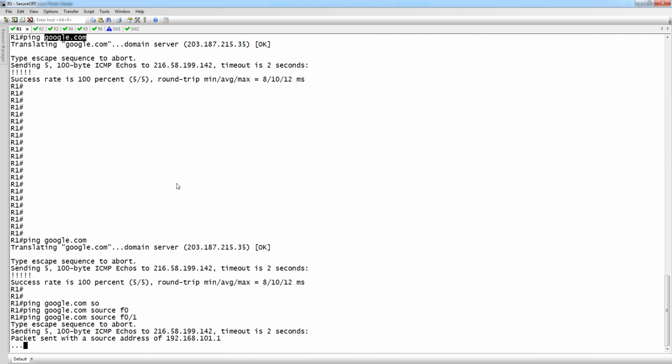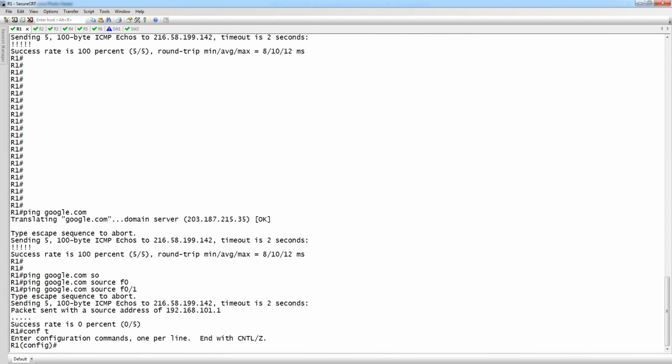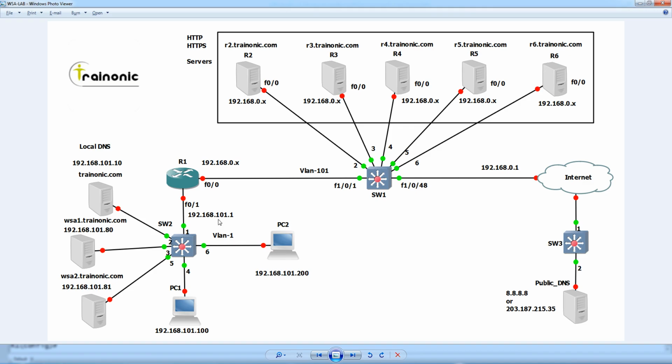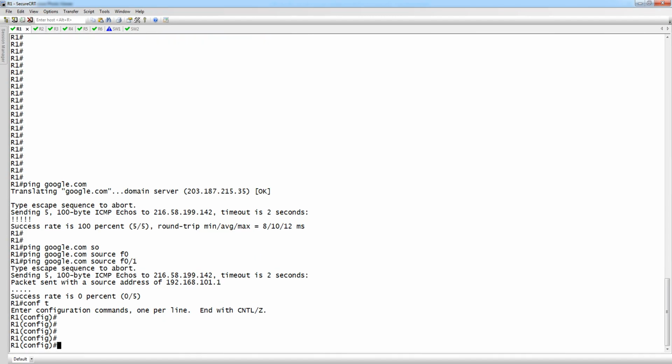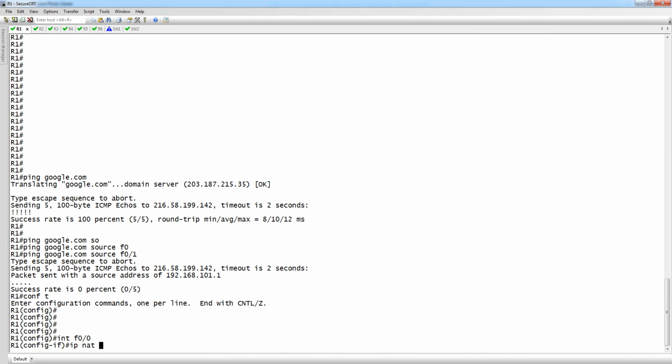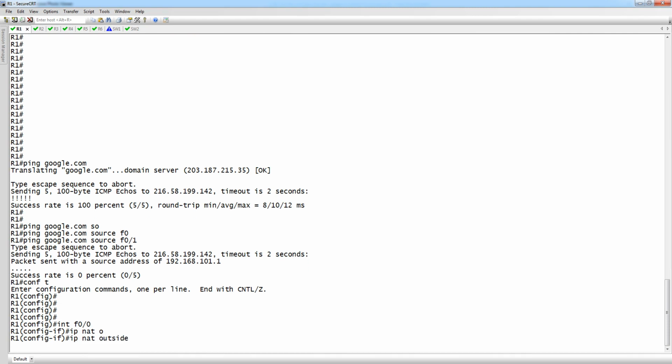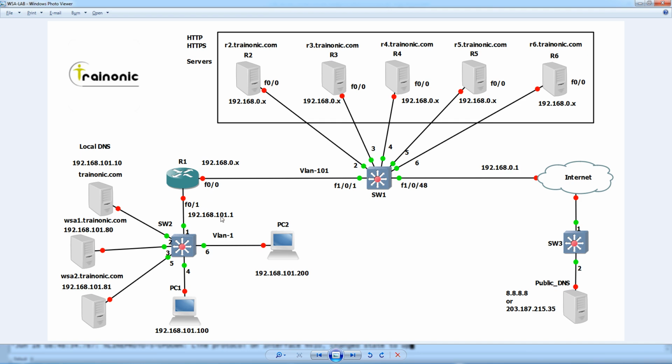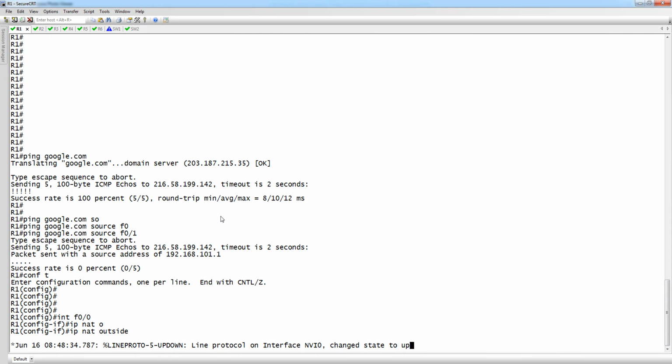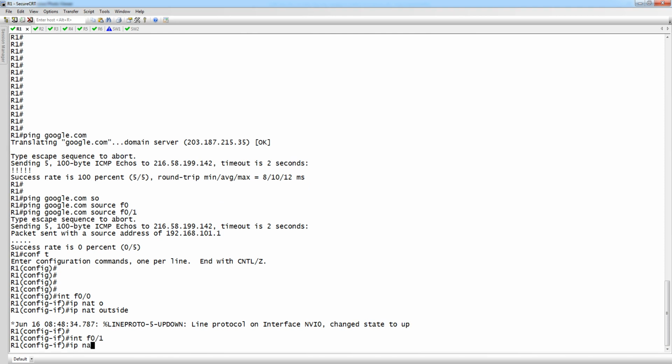Let's configure port address translation. Conf t. Interface F0/0, ip nat outside. Interface 0/1, ip nat inside.